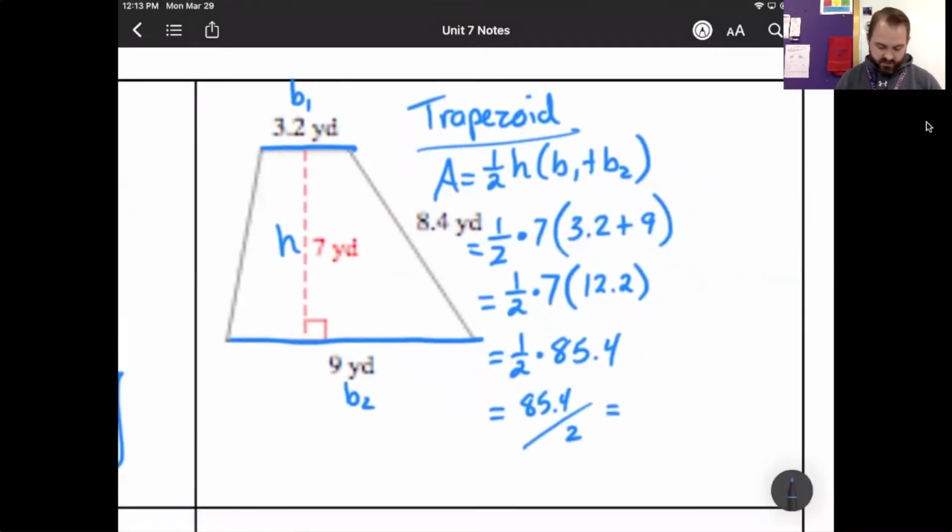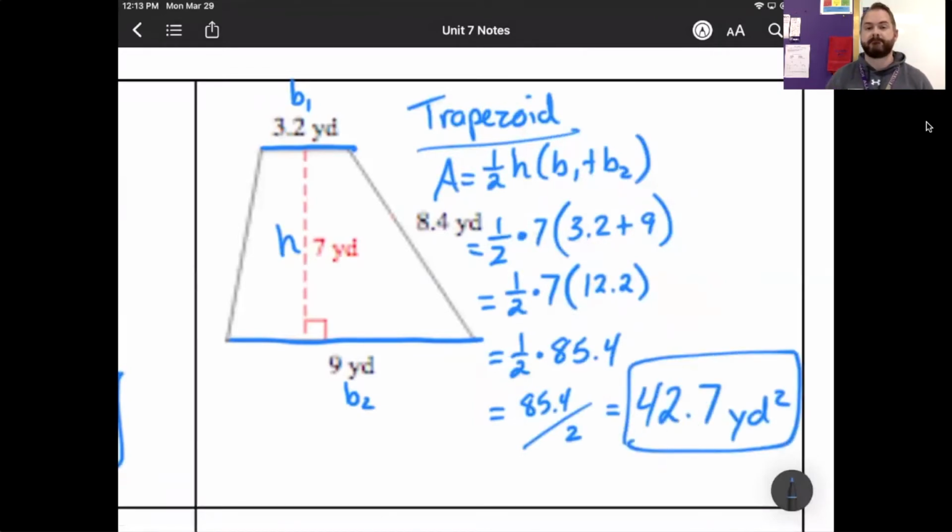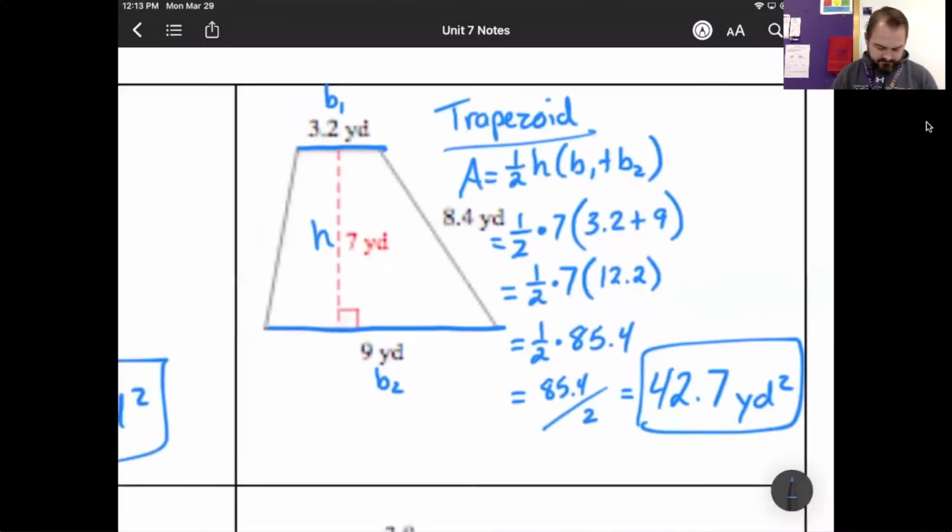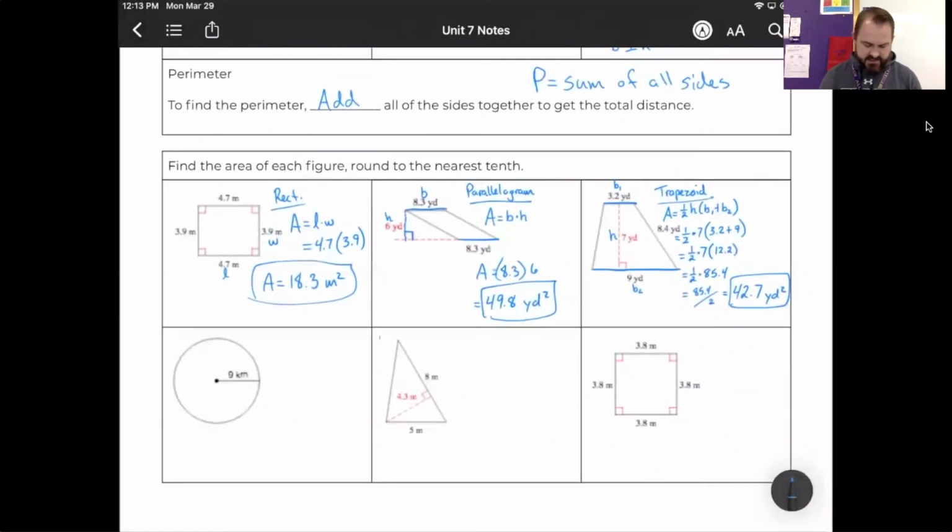Okay, and you get 42.7. And that would be square yards for the unit of measure. Okay? All right, for these next couple,